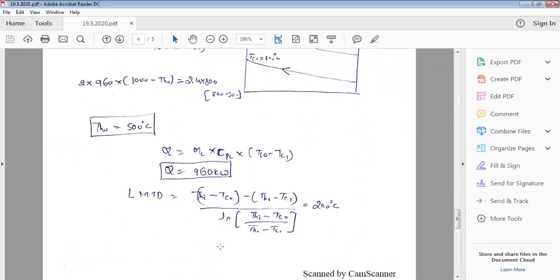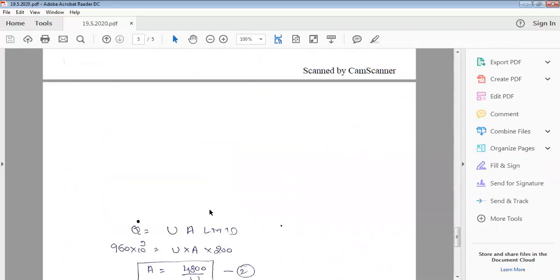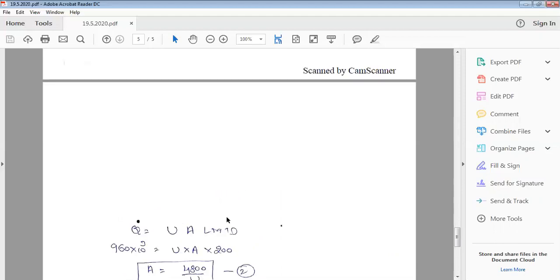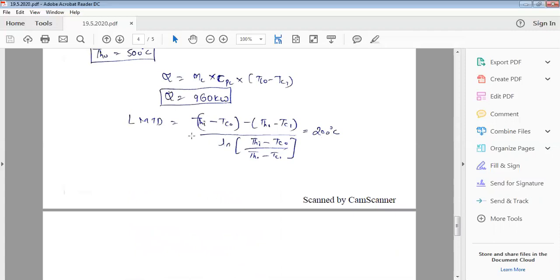Okay. Now if I calculate the LMTD, again the same equation for the counter flow. It comes to about 200 degrees Celsius. And if I go for calculating Q, same equation again. If I substitute all the values for the second case, Q, mass flow rate, U overall heat transfer coefficient, they are not given. Put it as U into area. That is what we want to calculate. LMTD is 200 degrees Celsius, what we calculated for this setup.